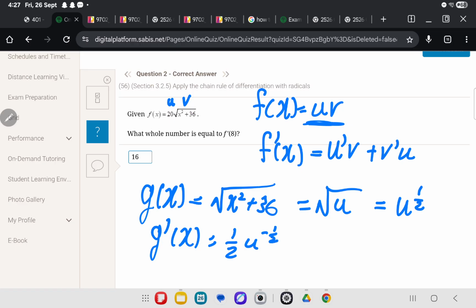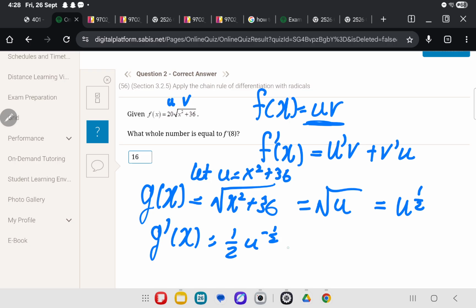1 over 2. You might think, okay, we stop here. No, we have to derive what's on the inside as well. We have to derive what's on the inside of u, because remember, we said let u equal x squared plus 36. So we have to derive u itself, and we have to derive outside. Now, deriving this inside part, x squared plus 36,